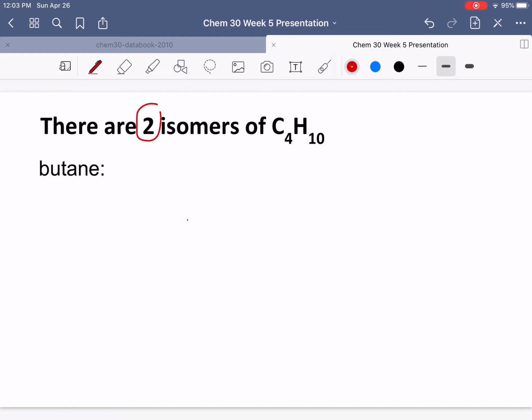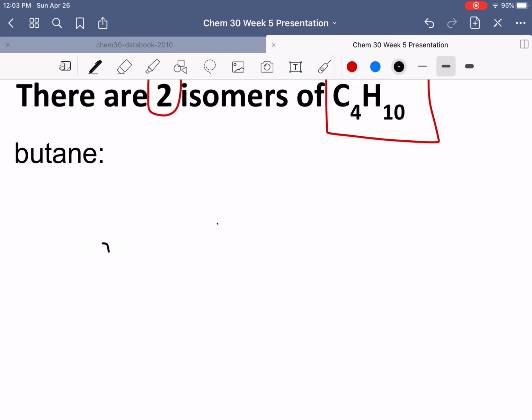Okay, let's check it out with a more simplistic example. 2 isomers of this entity, C4H10. We'll talk more about the naming of this later, but just so you know, this is butane. You could have found it in your formula sheet if you wanted to. And butane with these 4 carbons and its 10 hydrogens looks like this. So I want you to draw it out in your notes. The 4 carbons are all single bond joined, okay? And we're going to write this out in a great big